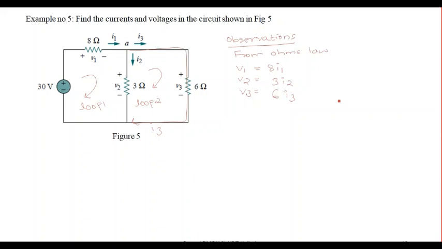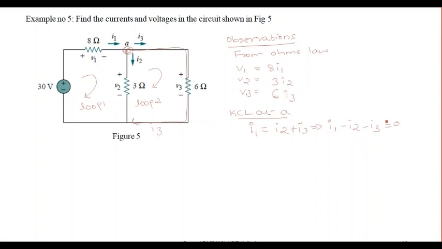So next, how to solve? All three are unknowns, voltage as well as currents. But we have a node, where three currents are flowing. So if you apply KCL at node A, one current is entering, that is I1, and two currents are leaving, that is I2 and I3. So if you rewrite, you can write I1 minus I2 minus I3 equal to 0, right?